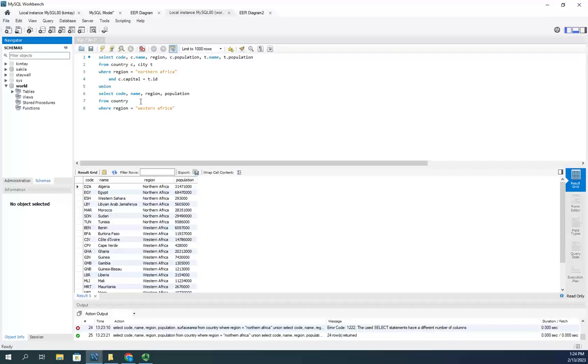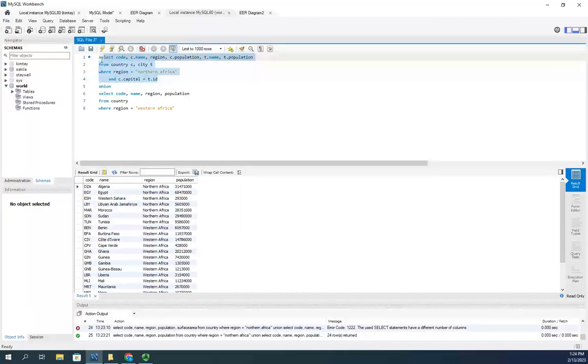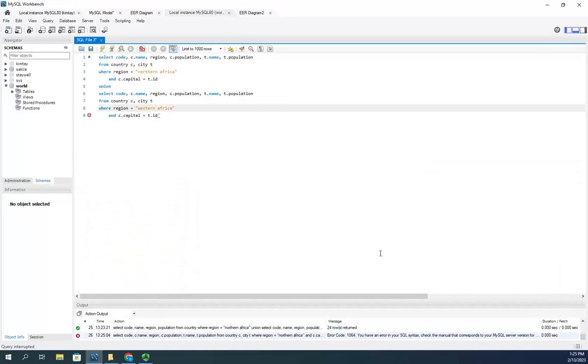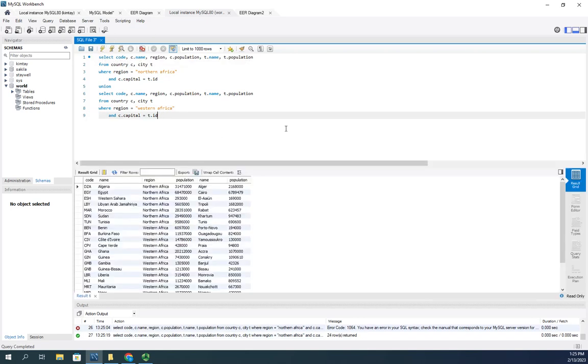This query is now different from this one. It has a different number of columns in my select statement. So I'm going to go ahead and just copy and paste that again and change this to Western Africa. And now when I execute, it's going to give me an error. Region where? Western Africa. I had a quotation mark there where it didn't belong. Okay, there we go. So now we have our country code, our name, our region, our country population, our capital,